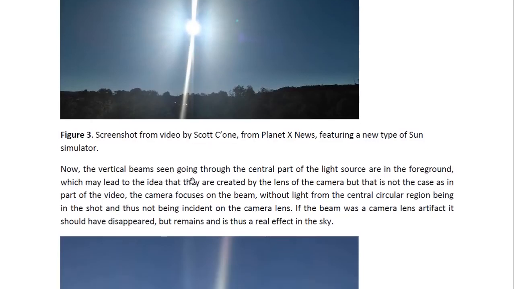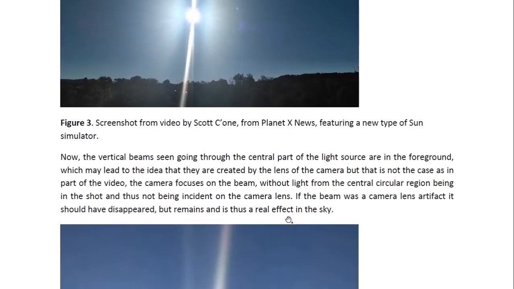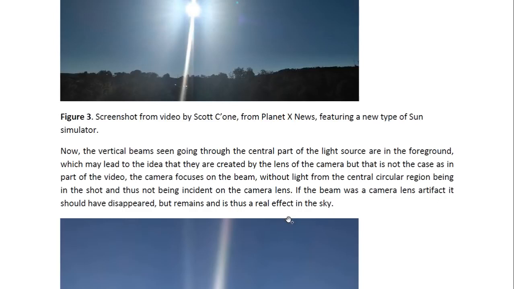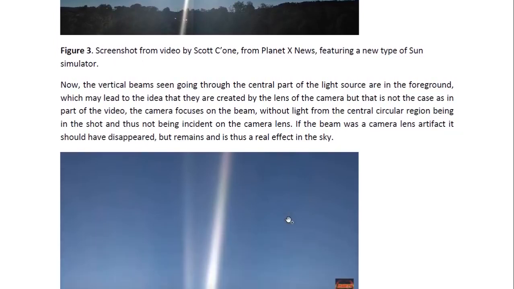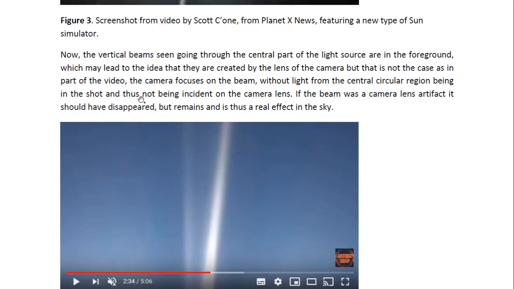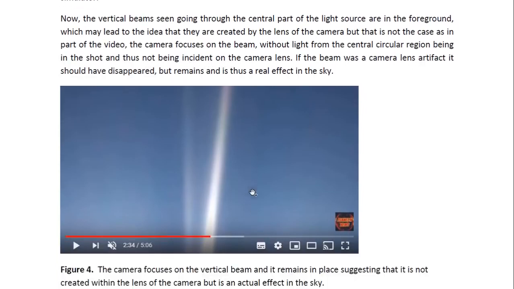Now, the vertical beams seen going through the central part of the light source are in the foreground, so they're in front of all these background features, these trees and so on, which may lead to the idea that they are created by the lens of the camera. But that is not the case, as in part of the video the camera focuses on the beam without light from the central circular region being in the shot, and thus not being incident on the camera lens. And this is what you can see here. If the beam was a camera lens artifact, it should have disappeared, but it remains